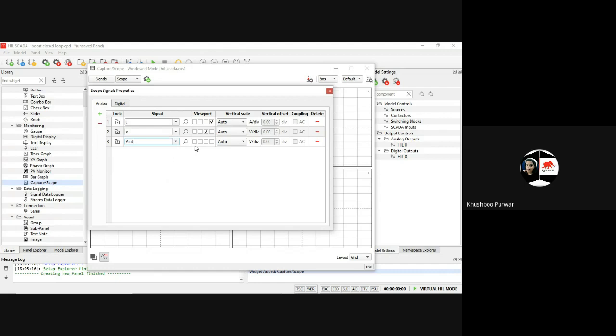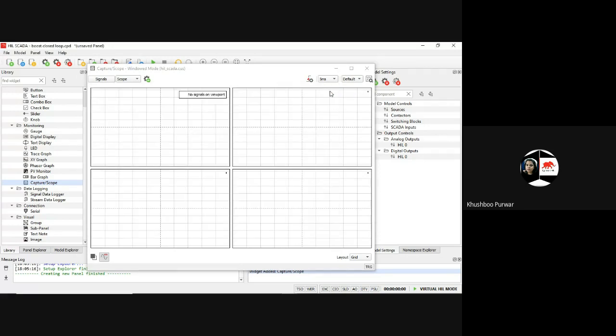So V output, I check it on the first viewport. You can take as many signals as you like. You can check the output of the boost, but what is mattering here? So all these 4 signals I'm going to check here. Rest of the signals can be done.